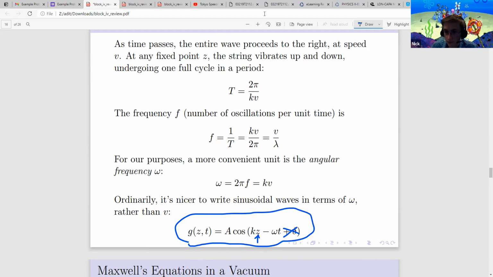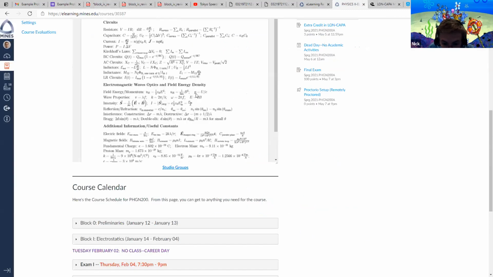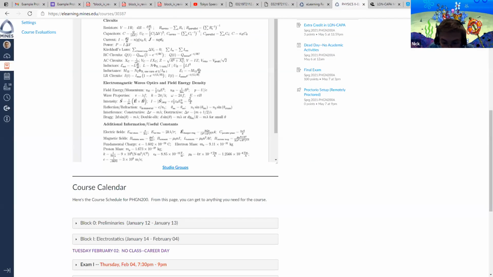Cool. Chat questions. Is the general form on the equation sheet? That is a great question. I have the equation sheet pulled up. I don't quite remember. It's not. You have the omega definition on your equation sheet and you have k. So what I would do is,